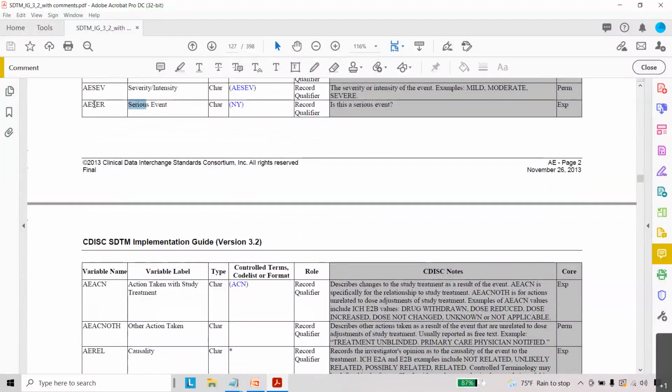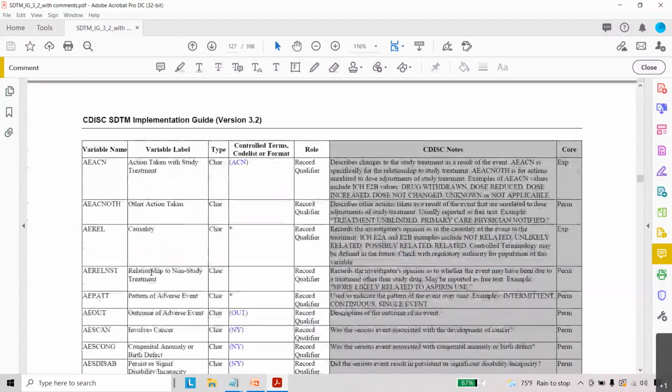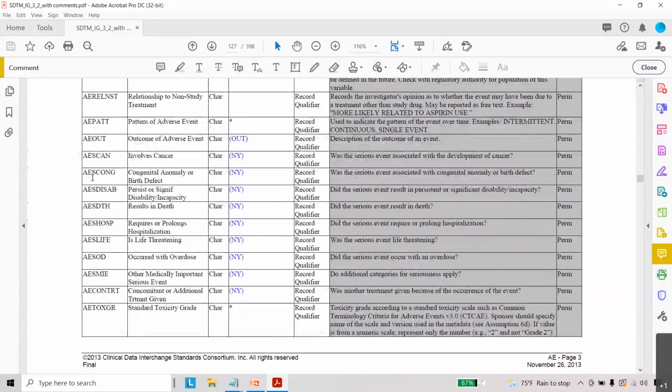So S is important here, because some variables begin with AES. AESCAN means the serious event is associated with the development of cancer. When the serious event is equal to Y, one of the values AESCAN or AESCONG or AESDISAB or AESDTH, AESHOSP, AESLIFE, AESOD will be populated with yes.